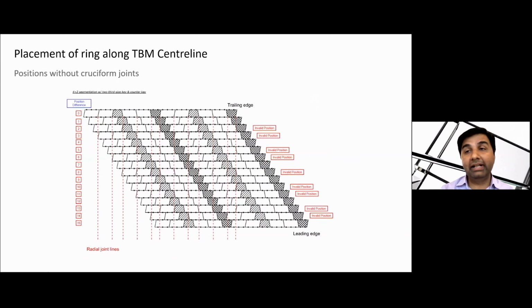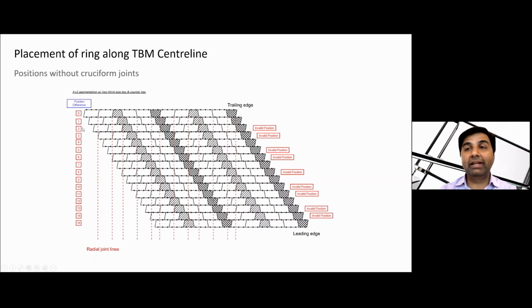The next major criterion: when we are using these different positions, sometimes some positions can form cruciform joints. For example, in this chart, you can see that if we have a position difference of 0, it does not create any cruciform joint at all, particularly for 4 plus 2 segments, which has 2/3 size. When the position difference between the current ring and the subsequent ring is 1, then it also does not have any cruciform joint.